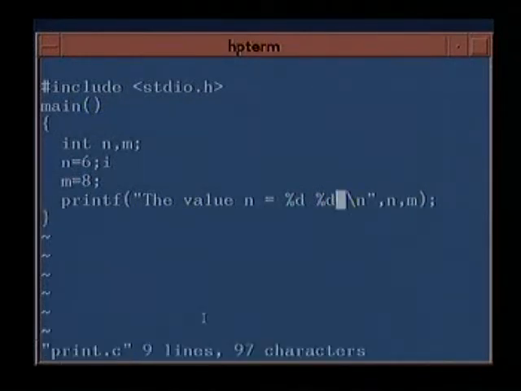So this means it will print the value of n is equal to, it will print the value of n, and in the next place it will print the value of m. So if you want to write m also, then you will write like this. It will print the value of n equal to, give the value of n here, and then m equal to the value of m here, because first n and then m will be printed.